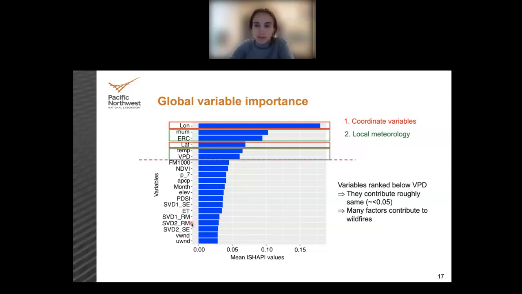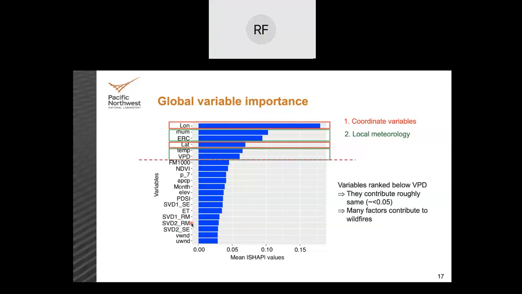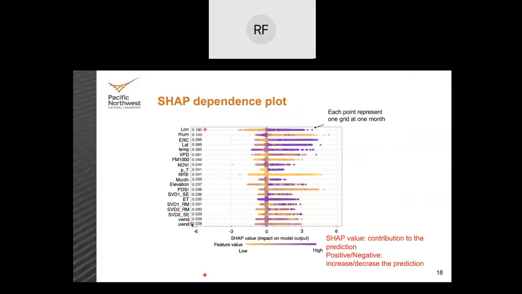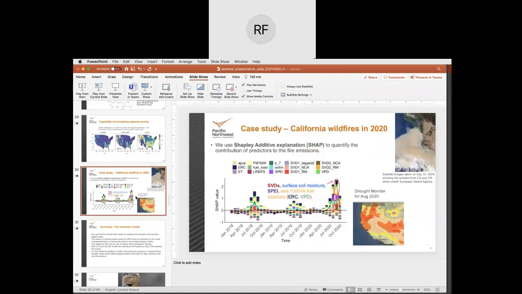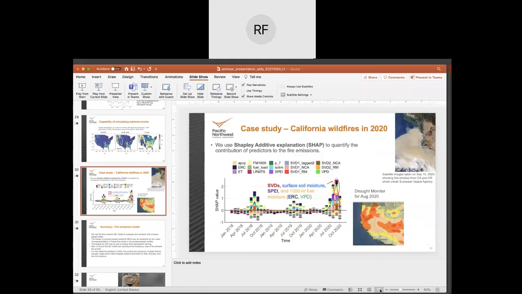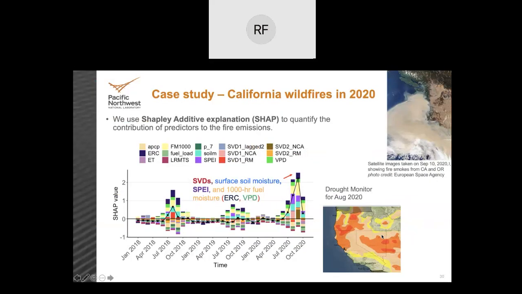Great. Okay. We're a little bit over, but I did notice that Robert Field has his hand up. Robert, do you want to ask a question? Yeah, sure. Thanks. Can you go back to the 2020 Northern California slide? Let me go back. I think that was for the PM 2.5 emissions. Yeah, this one. Model. So sorry, is lightning showing up in the SHAP?